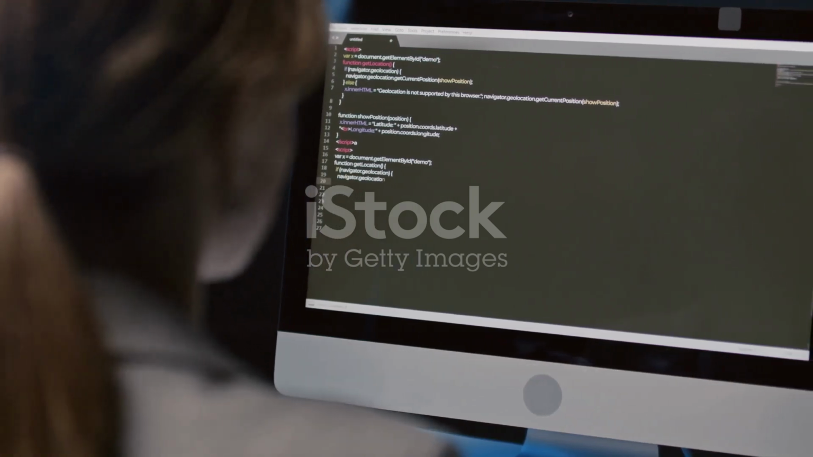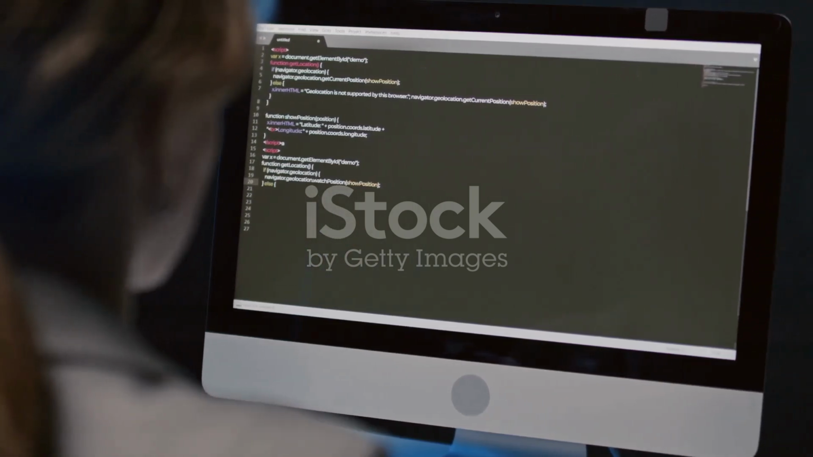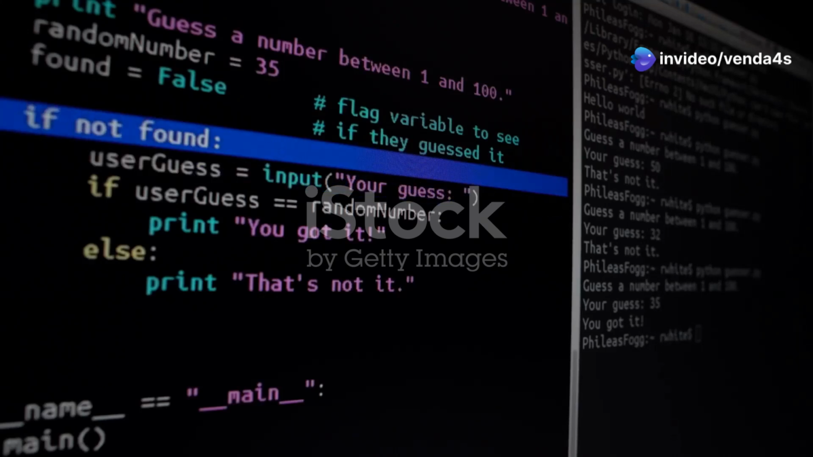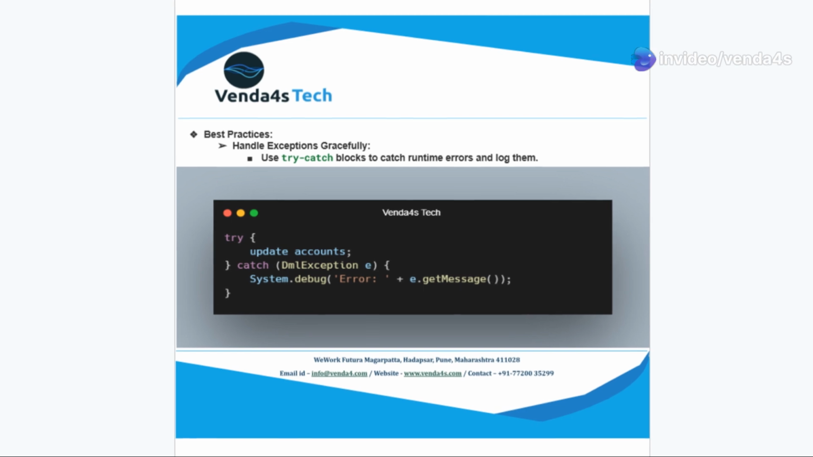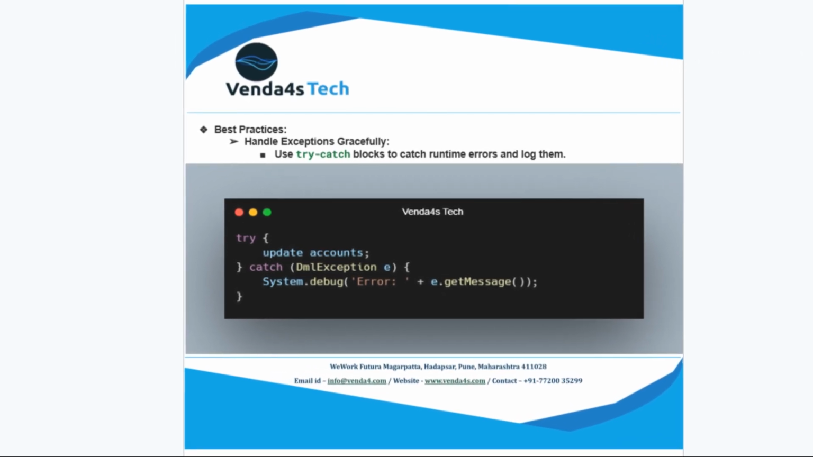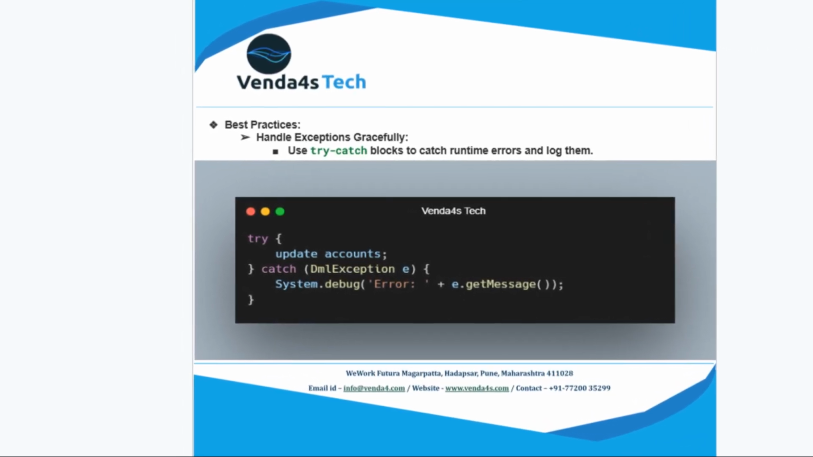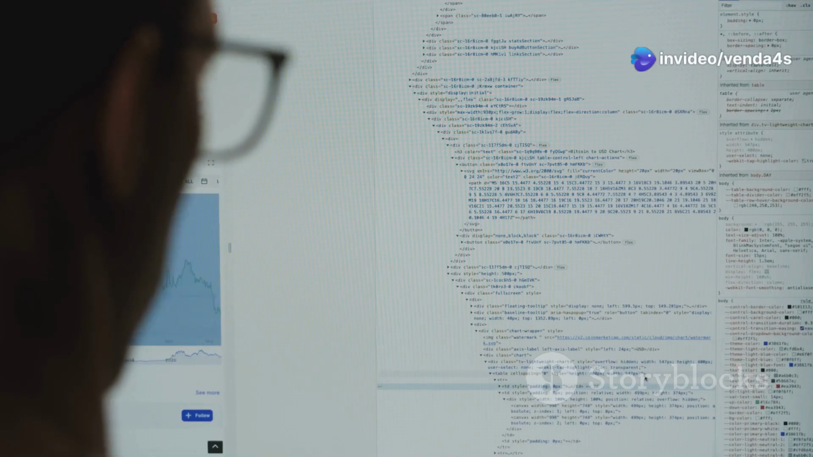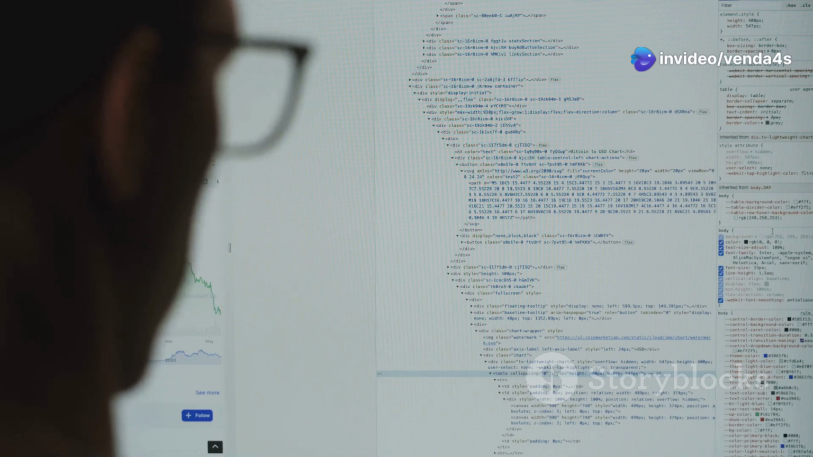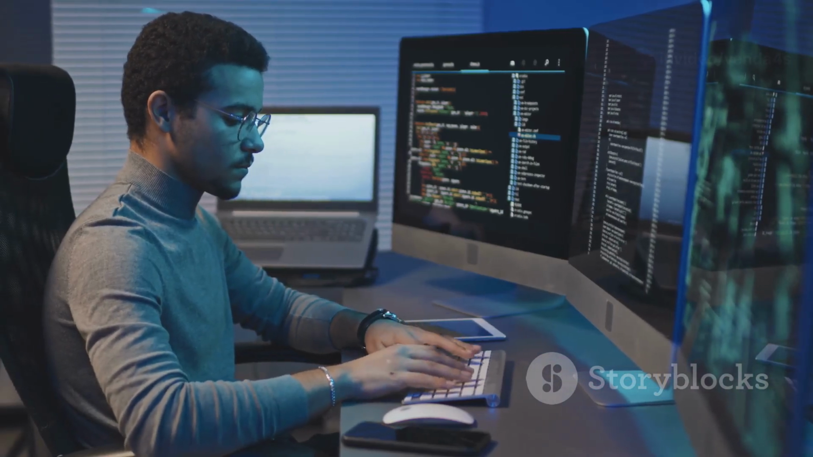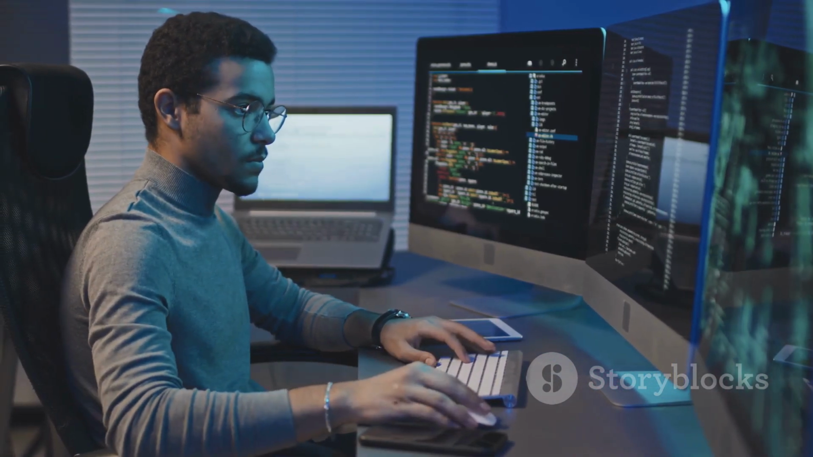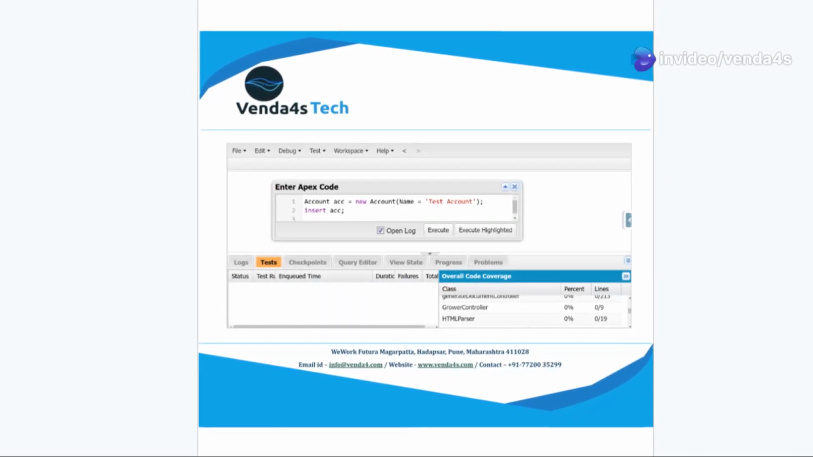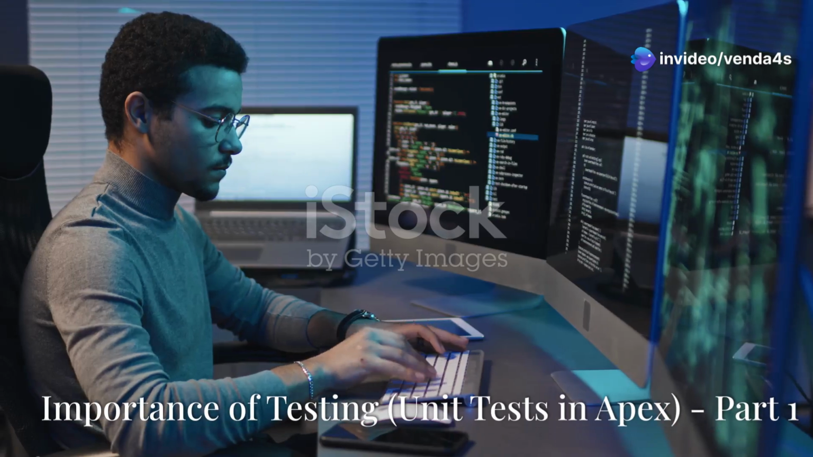Break down code. Divide complex logic into smaller, testable methods. Debug each method individually. Handle exceptions gracefully. Use try-catch blocks to catch runtime errors and log them. Example: try { update accounts; } catch (DmlException e) { System.debug('Error: ' + e.getMessage()); }. Use Developer Console. Use the Salesforce Developer Console to view debug logs, SOQL query execution, and CPU time usage. Testing with anonymous blocks: test individual pieces of code using the Execute Anonymous window. Example: Account acc = new Account(Name = 'Test Account'); insert acc;